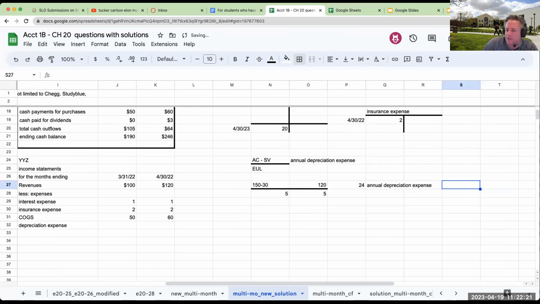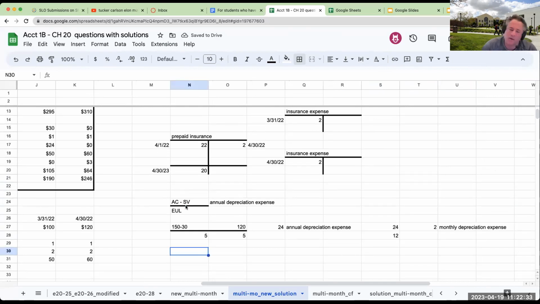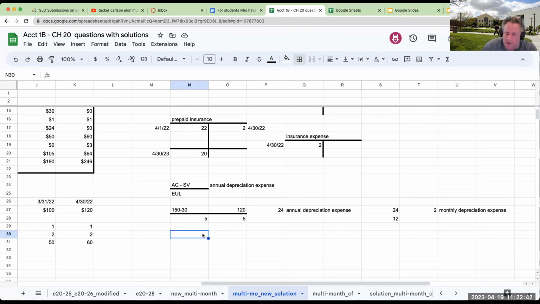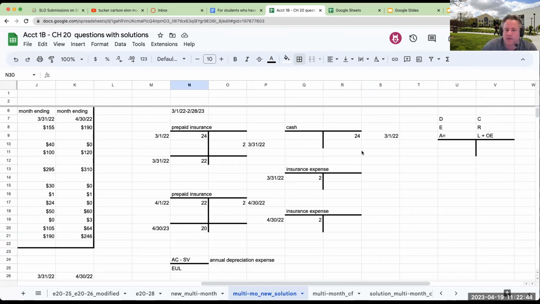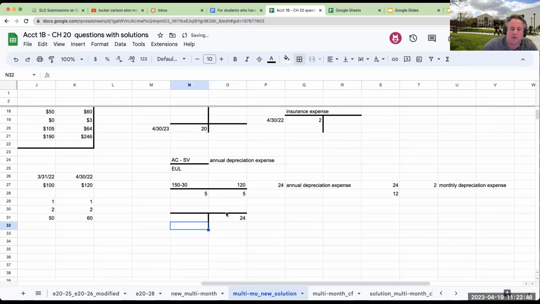Now, if I take this and divide it by 12, this is going to give me my monthly depreciation expense. Okay. So I come over here and I'm looking at this depreciation expense. How do I go through and record it? Well, we bought this equipment on January 1st, right? Let's go ahead and make some more T accounts, right? So on the equipment side of things, I bought this